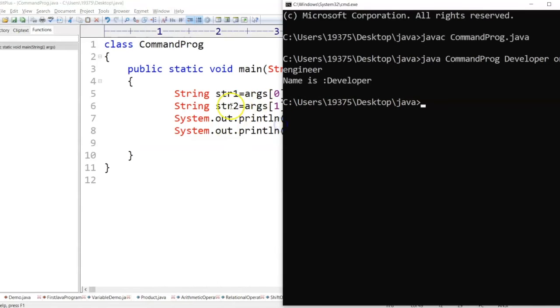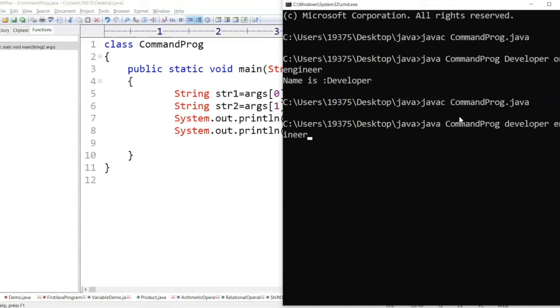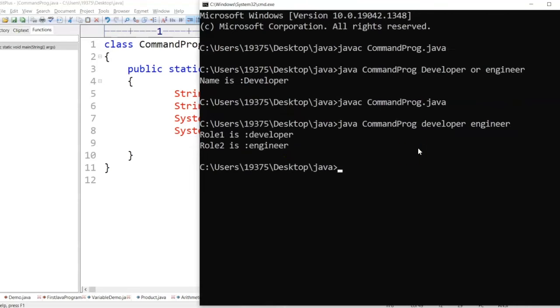Now I can send two strings. Java CommandProgram developer engineer. Just increase the width, enter. It says role 1 is developer, role 2 is engineer.